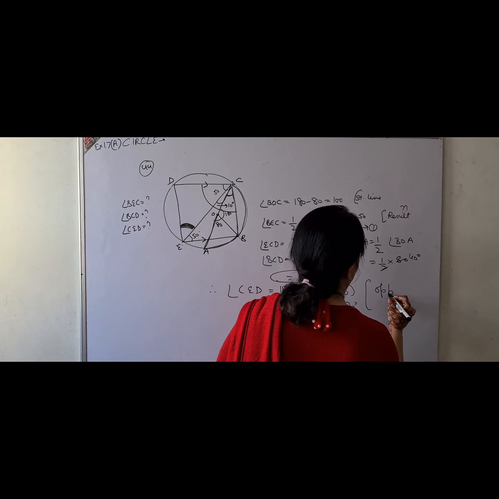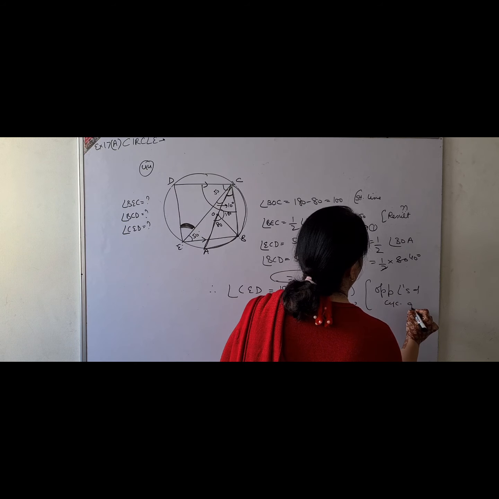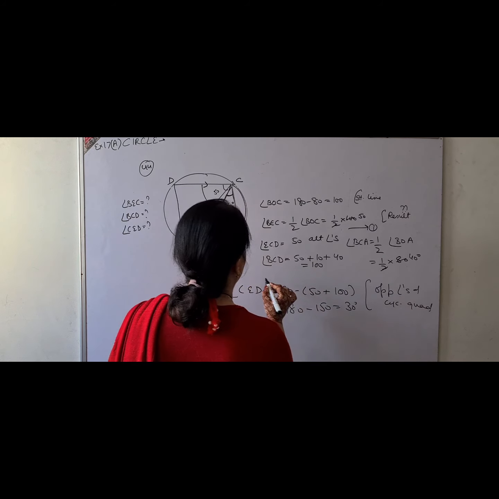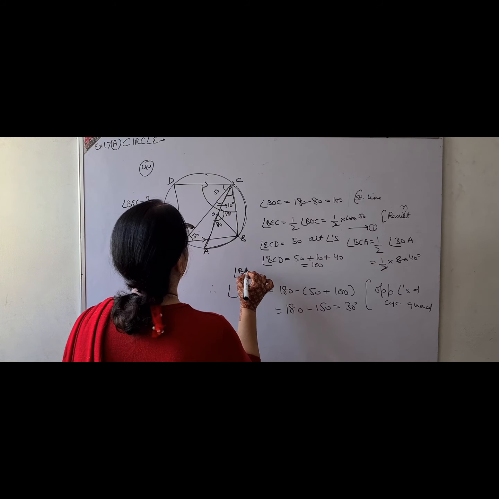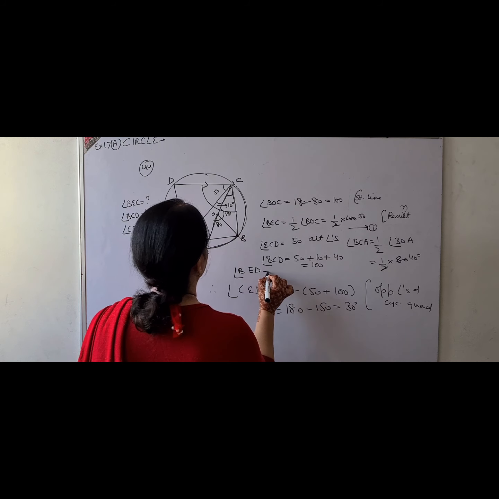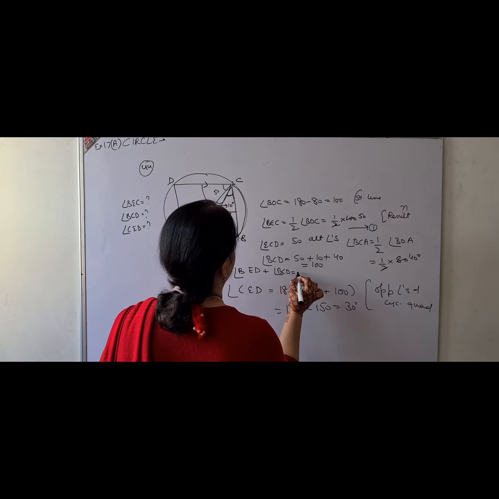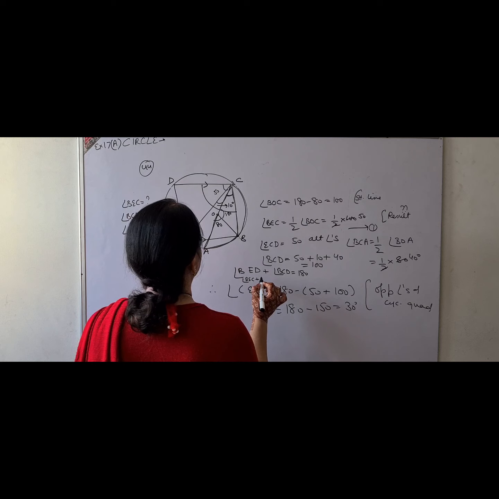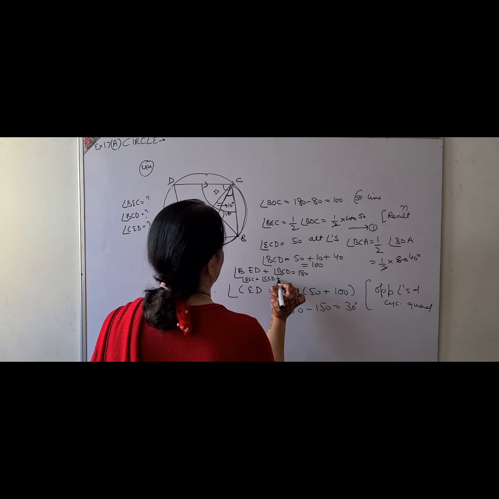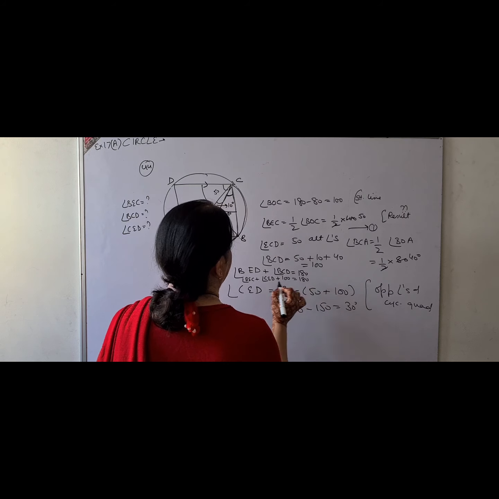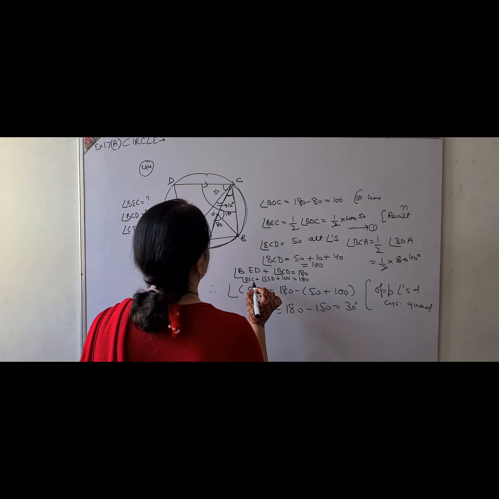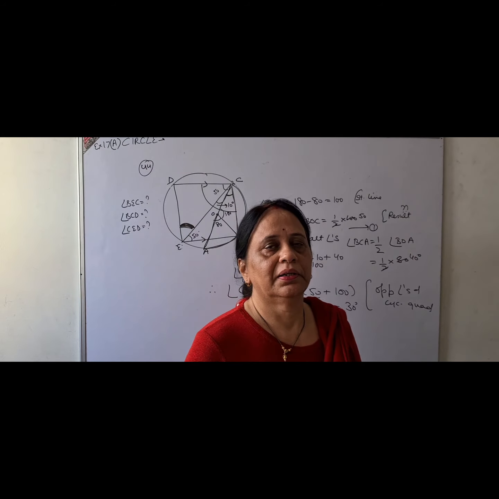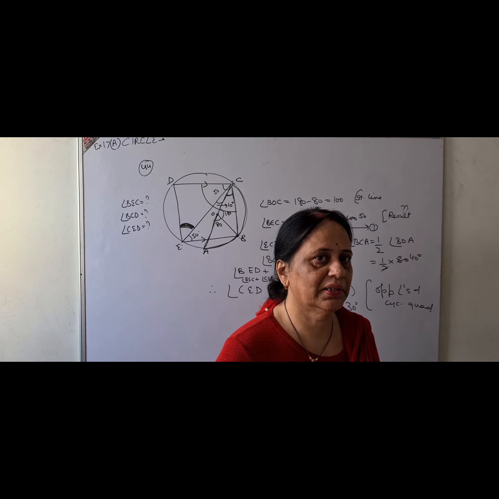Opposite angles of a cyclic quadrilateral. Let me give one more step over here so that you are not confused. Angle BED plus angle BCD is equal to 180, and BED can be written as BEC plus CED, plus 100 is equal to 180. In that, BEC is equal to 50. You already know, so I put the value. See how easy it is. Just a matter of the direct application of results and the presentation.